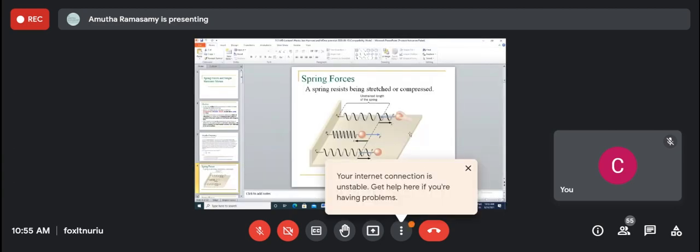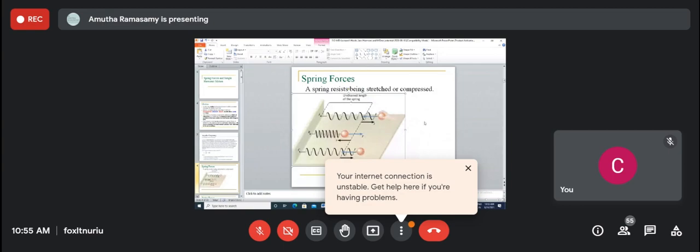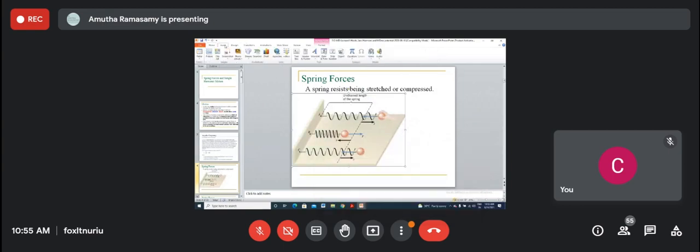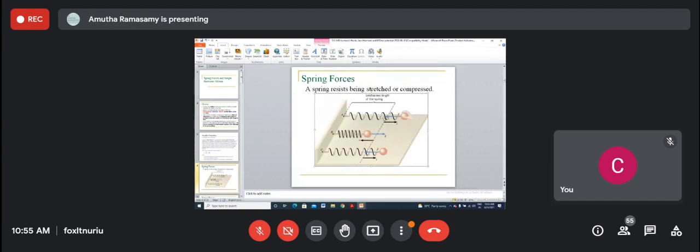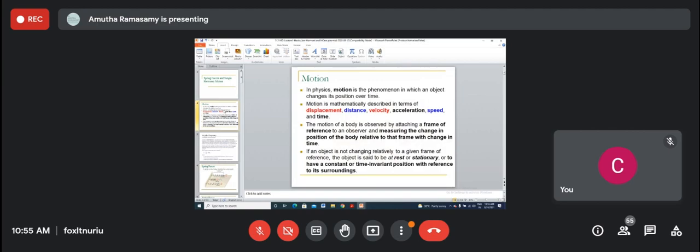Okay. So now let's keep it. The thing is that this is going to express a motion. Anyway, I'll draw there. So let us see what this is. I will talk about this in terms of some terminology which is important for you guys. In physics, motion is the phenomenon in which an object changes its position over time. So changing the position over time, that is an important one.